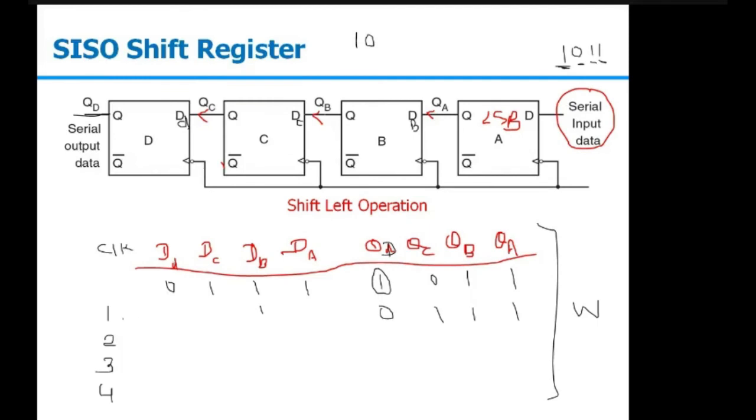What are the new inputs here? This will be 1, 1 and then we are applying 0 at the DA, the next input. So when the second clock comes, what will be the answer? At my output nodes, it will be 1110. So I can read 1 from here now with the occurrence of the second clock. And my input will be now 110 and I can apply the next input.